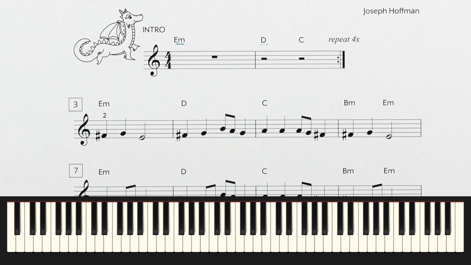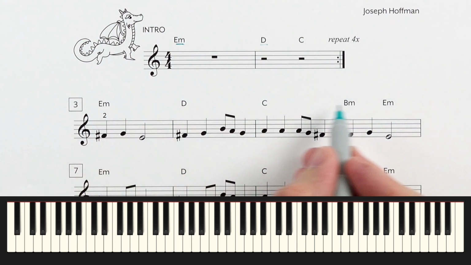Now, as we get to more advanced music, I'm not always going to be telling you, oh, it's in this pentascale or that pentascale. You're going to be figuring out on your own where to put your hand and what positions you're going to be in. And as we get to more advanced music, it's not going to stay in a pentascale. You're going to be moving around. But this line does fall in a pentascale, and let's figure it out.